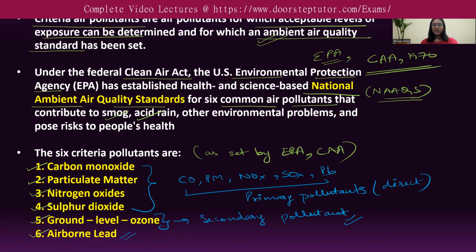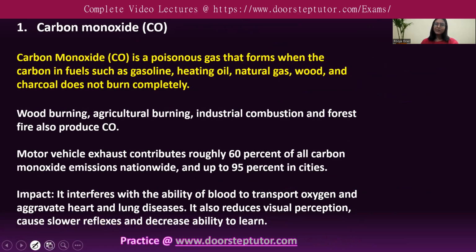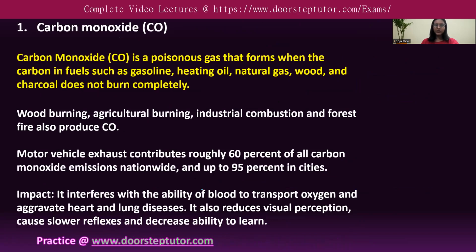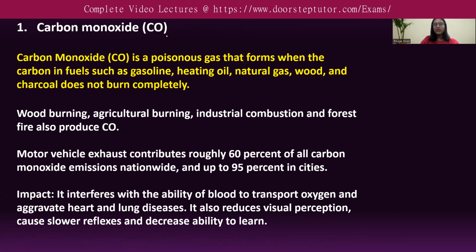Now let us discuss one by one each criteria pollutant, their sources and impact on environment and human health. So starting with our first criteria pollutant, that is carbon monoxide. The chemical formula for carbon monoxide is CO. See, we know that when any carbon containing compound is